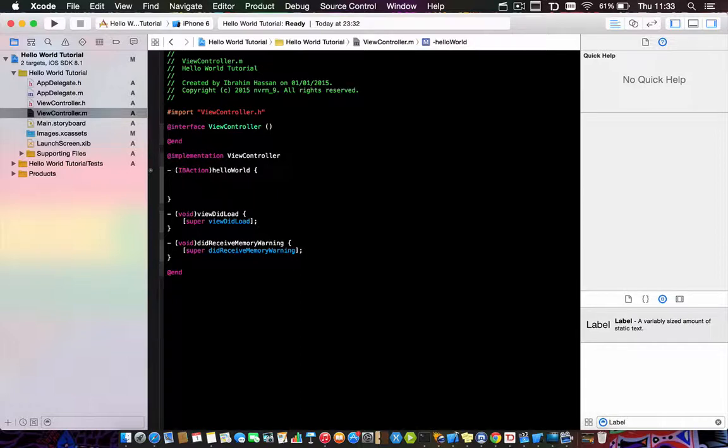Okay, so the plan of this program is to change the label. I'm trying to explain this to you so you can get a feeling of how this works and what you're supposed to do. The plan of this action is to change the label text, the label which we have just created, the label text to hello world. So what we're going to do is